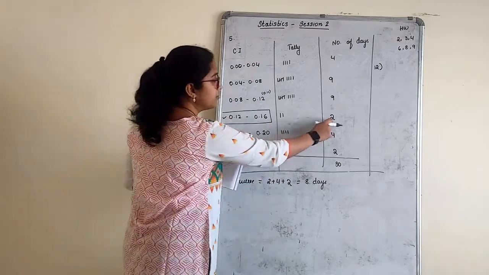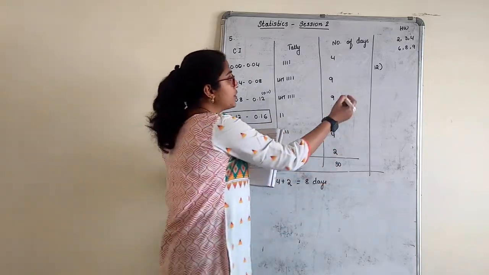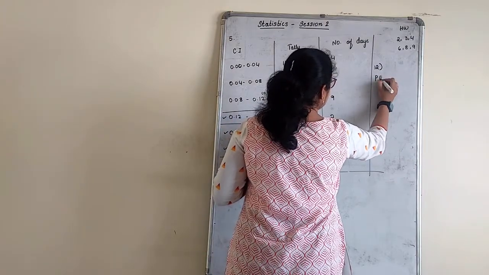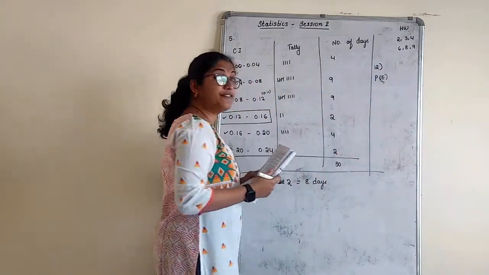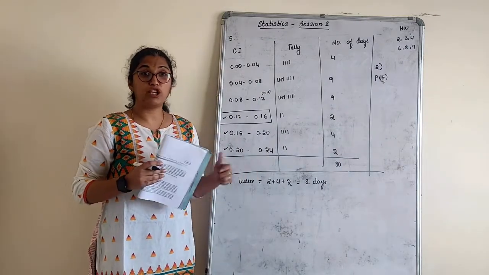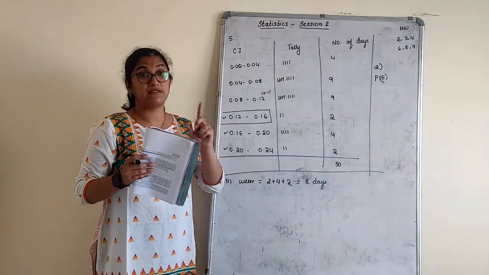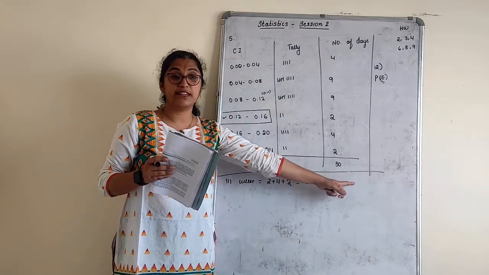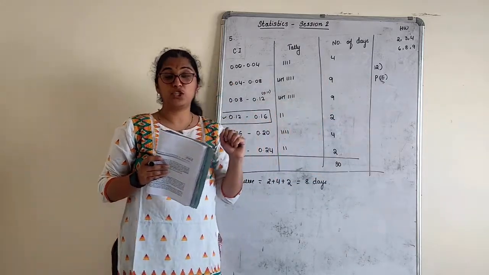Concentration was how much? It was 2. So, what we will first do? Probability of an event. In exam, if they ask you this question, that will be the combination of statistics and probability. In case they have asked you like this, that means statistical data has to be represented, children, and then the probability questions. Understood now?